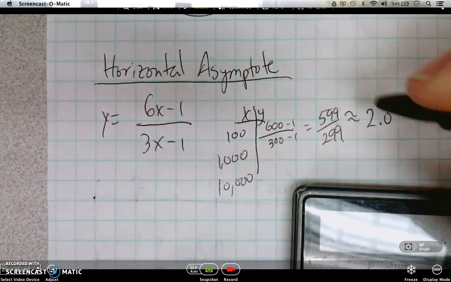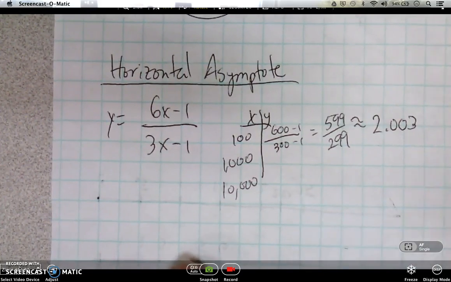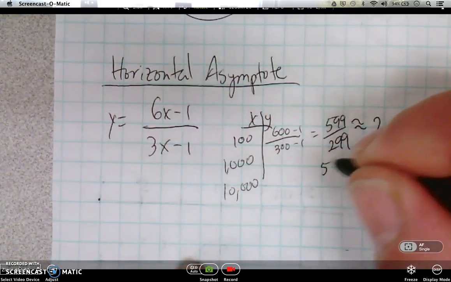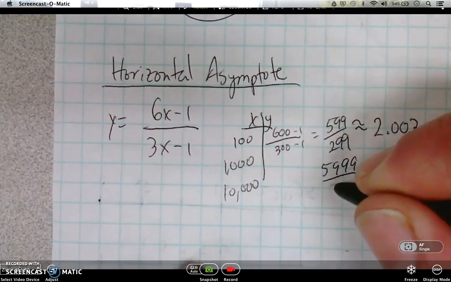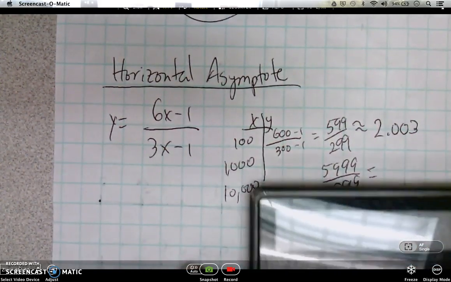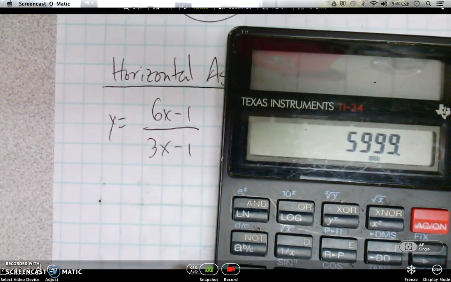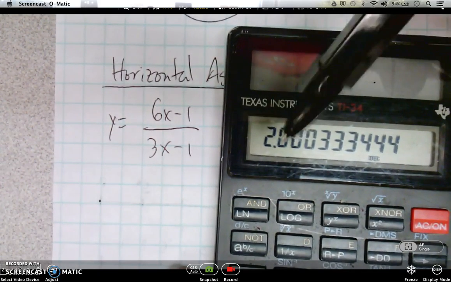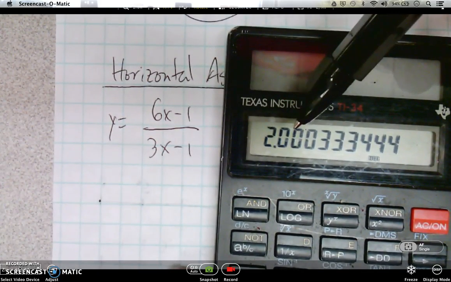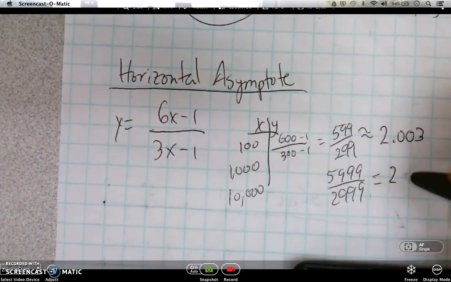It's really close to 2, 2.003. There we go. If we plug in 1,000 here, we're going to get 5,999 over 2,999. And if you try it on the calculator, 5,999 divided by 2,999. And again, this is now starting to look familiar, 2.0003. So it's the same, but